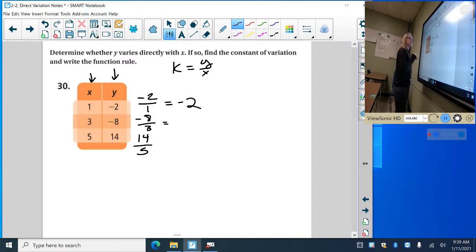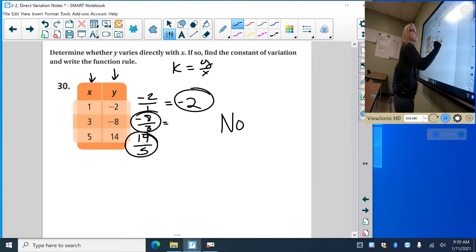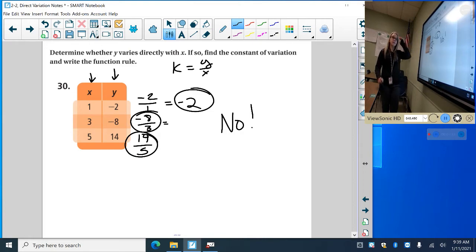Now, is this a sample of direct variation? If I were to plot these points, would they all have the same slope? No, this one's negative 2, this one's negative 8/3, and this one's 14/5. So no, this is not direct variation. Okay, it says determine whether y varies directly with x. In this case, no, it does not. So we can move on to the next